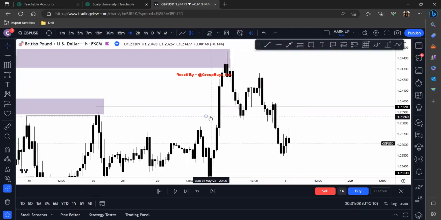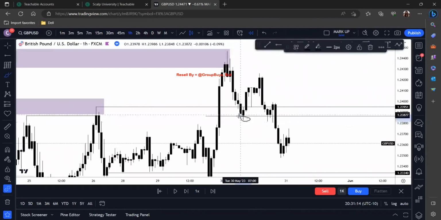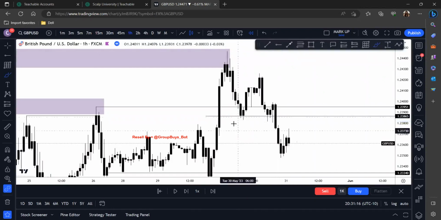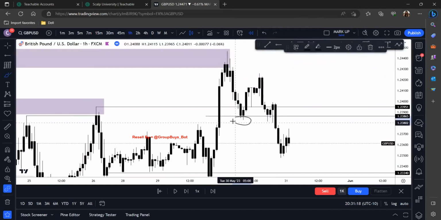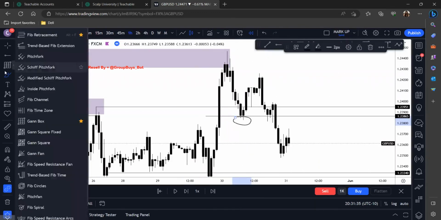Okay, we had marked up the equilibrium of the trading range, right? We see that price had tapped it just perfectly. We had a nice reaction here, okay? But what happened? We can't trust this reaction to hold, because why can't we trust it? Price came back up, but the reason why price came back up is, we wanted to get rid of any buy stops, right? So price is doing that same thing, and you could have caught this move on the lower time frame. Price is coming back up, obviously, to just hit another POI area.